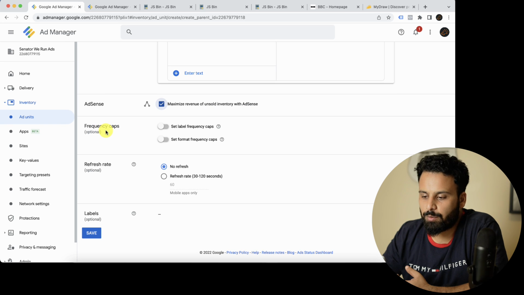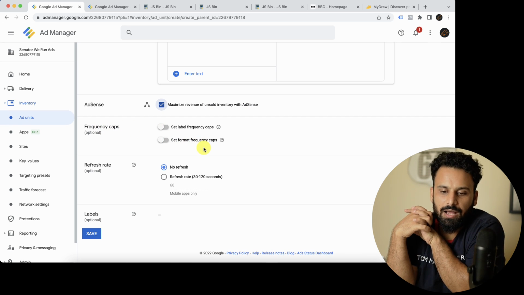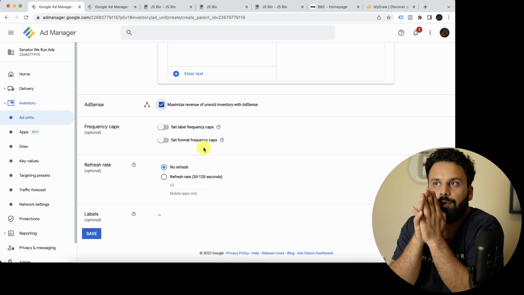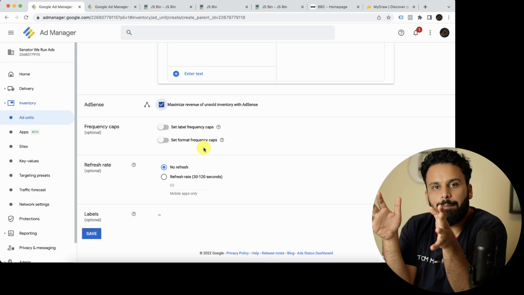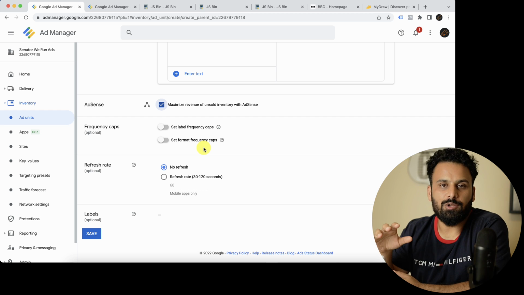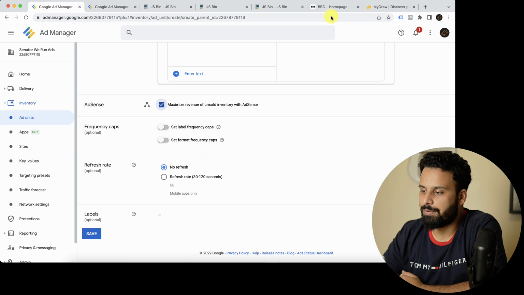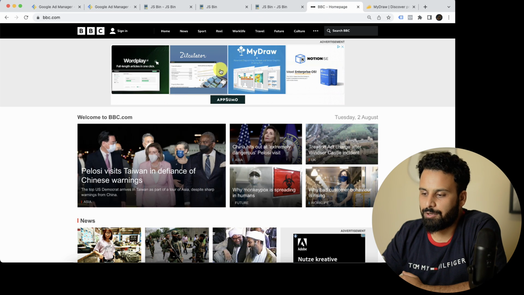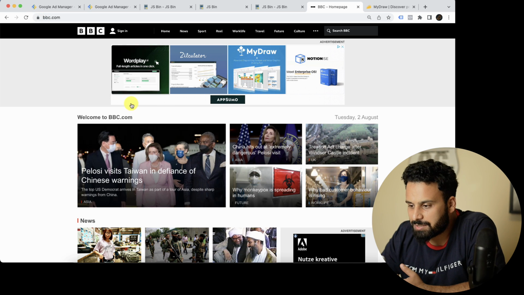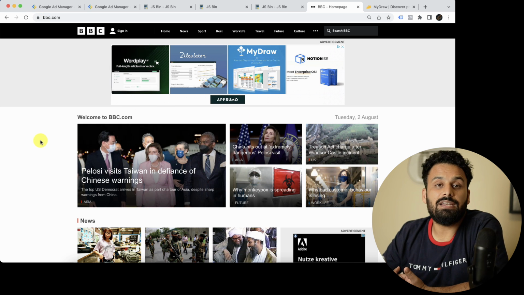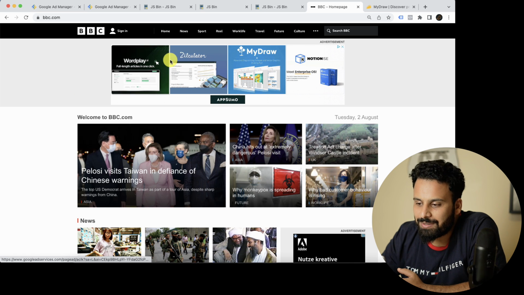And then we have frequency caps. What frequency cap means is, for example, you can set that ads from one particular campaign should not appear on this ad unit more than 10 times on the same day. For example, bbc.com, this is my ad unit. Now let's say some users come to this page like 15 times a day, 5 times a day, 7 times a day, and I do not want to show them the same ad